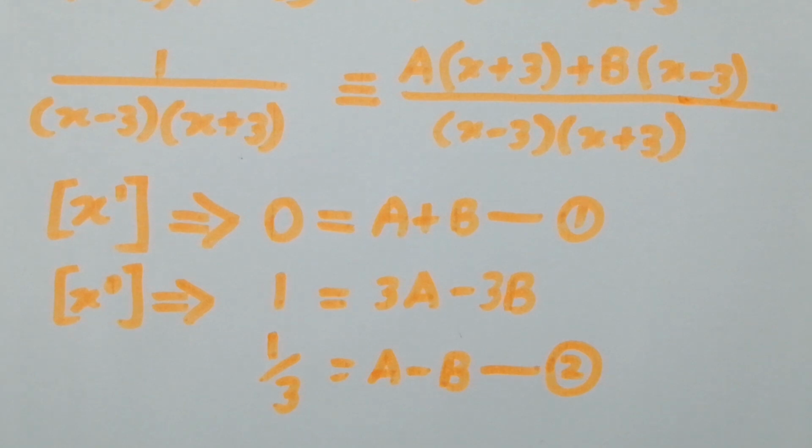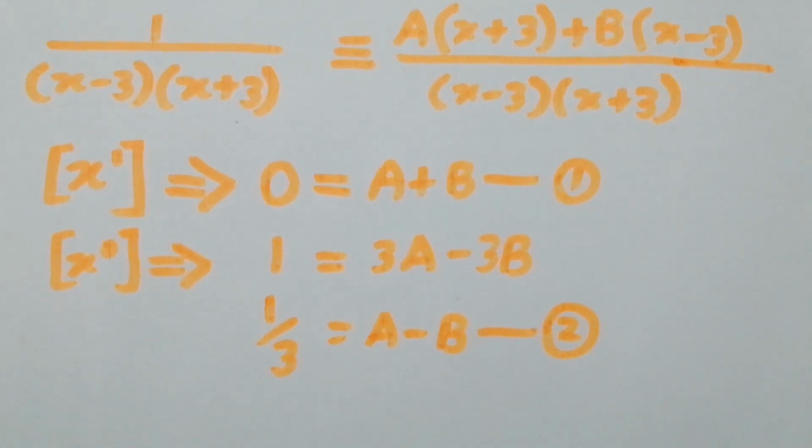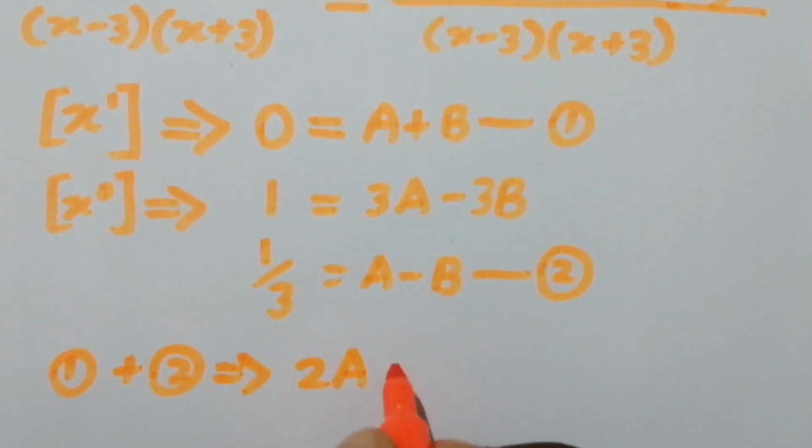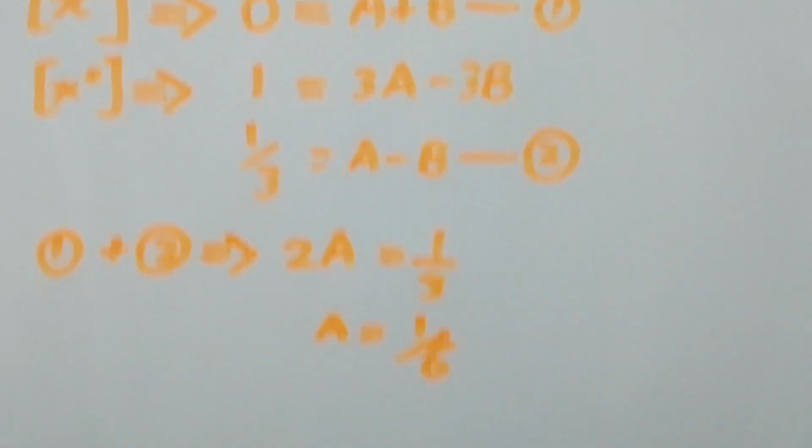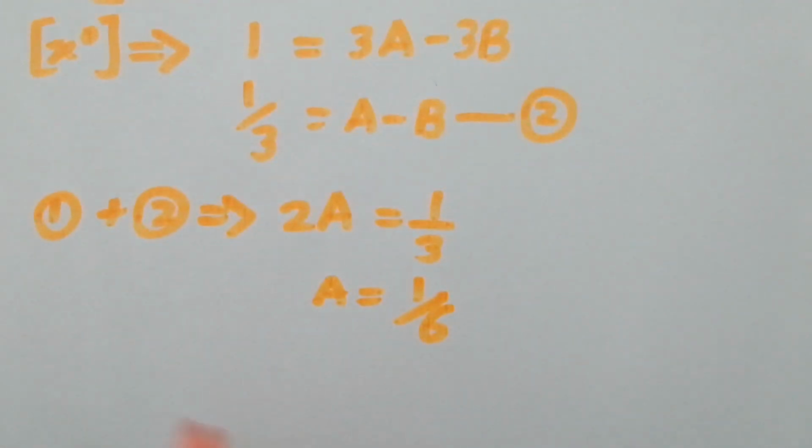By solving these two simultaneous equations, here I am adding 1 plus 2. Then I will obtain 2a is equal to 1 upon 3, a is equal to 1 upon 6. Then by substituting it in the first equation, I will obtain b equals minus 1 upon 6. Now I can